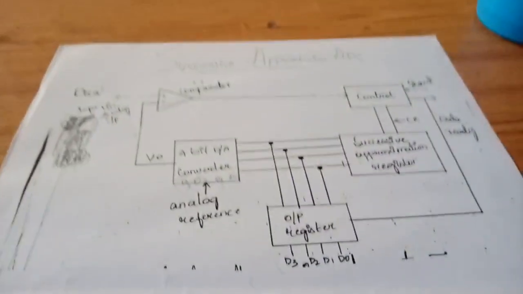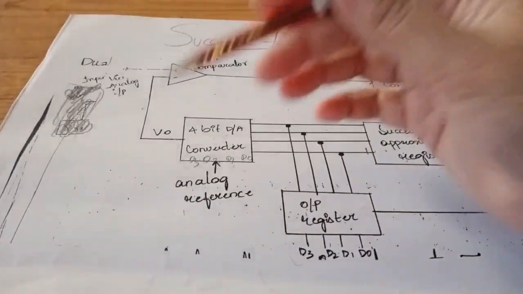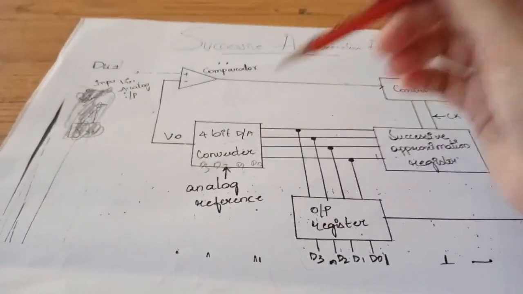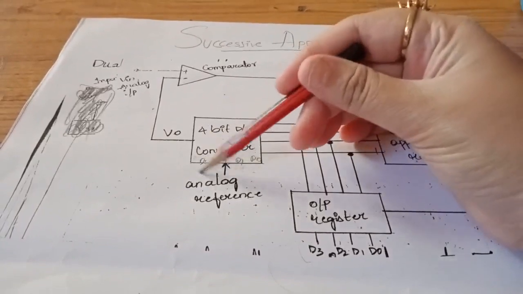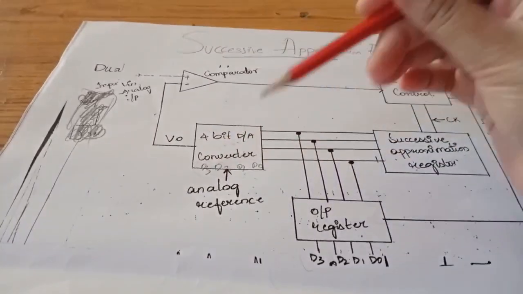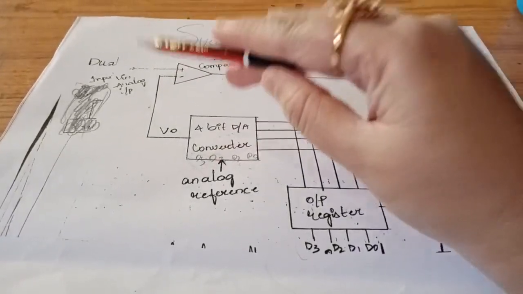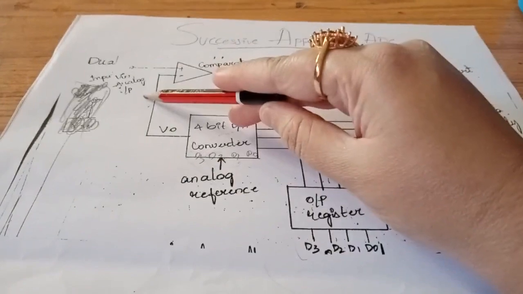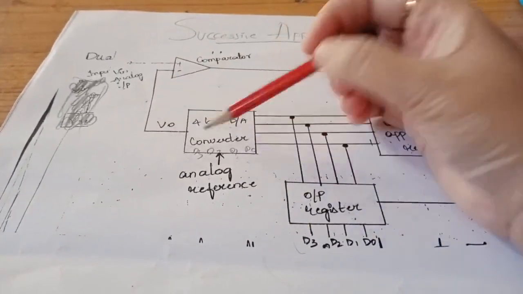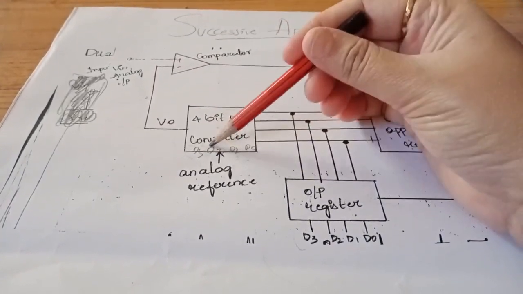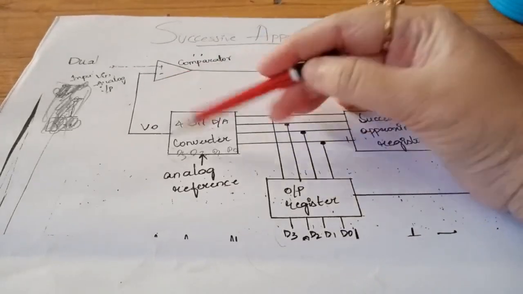So first, when you turn on the circuit, the analog input voltage will be compared with the 4-bit D to A converter. For comparing, first the D3 bit will be on and it will check the analog input against this. The D3 bit will be on and it will compare to the analog input voltage. Now the analog input voltage is greater than D3. So what will happen? It will signal to the successive approximation method.